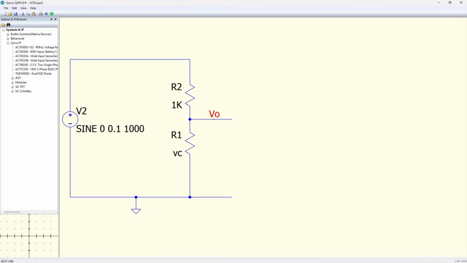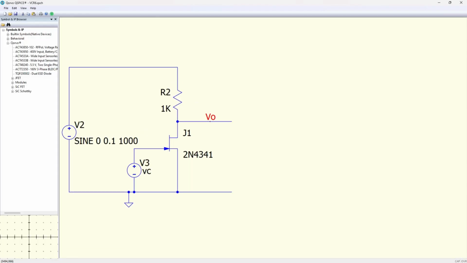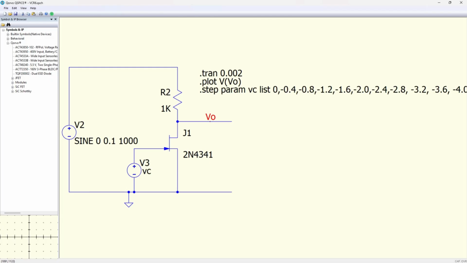We can replace the bottom resistor with a JFET, the 2N4341 for example. We will apply a control voltage Vc to the gate from the source and vary this voltage from 0 volts to minus 4 volts. This will achieve the same effect as changing the resistance without having to manually change a resistor or adjust a